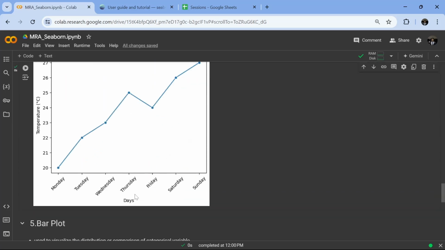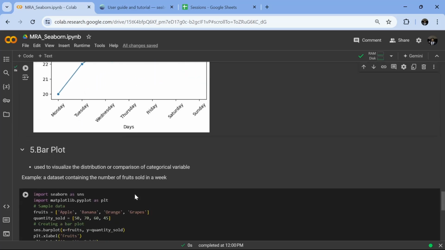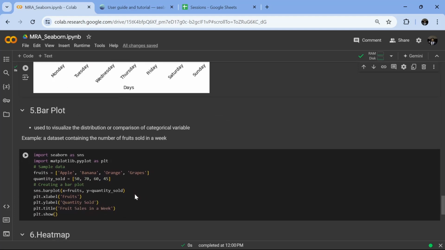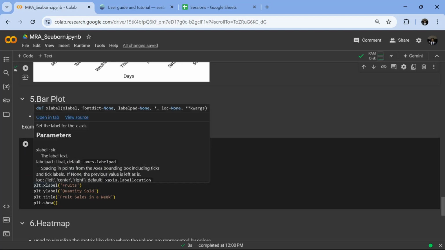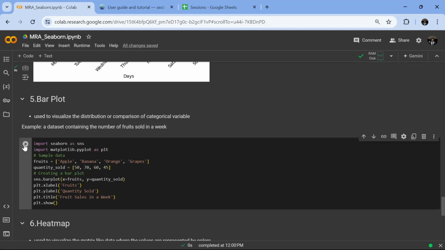Now moving on to the bar plot. It is used to visualize the distribution or comparison of categorical variables. So same as always, we're gonna use Seaborn. Then the sample data would be fruits of different types, and the quantity sold. Now we're gonna use sns.barplot, and x would be fruits and y would be quantity sold. Then I'm gonna label the x and y axes and the title. Now if I show the plot,